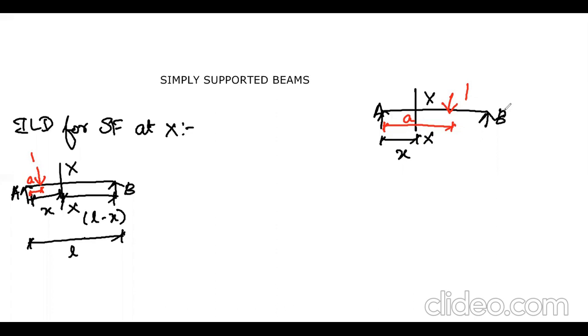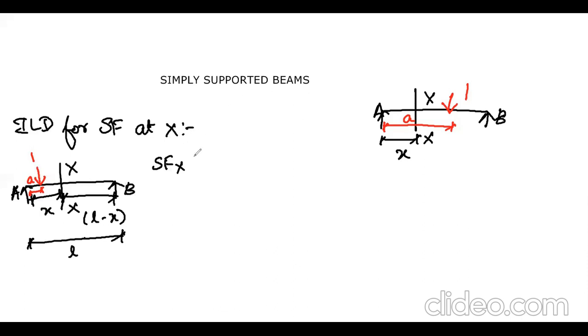For finding the shear force at the section, what is meant by shear force? We all know it is the algebraic sum of the reactions on either side of the section. Now I am choosing the right portion of the section because on the right side we have only one reaction, RB alone. If I consider the left, I have to take reaction RA and also the unit load 1. For my convenience, I am taking the right portion.